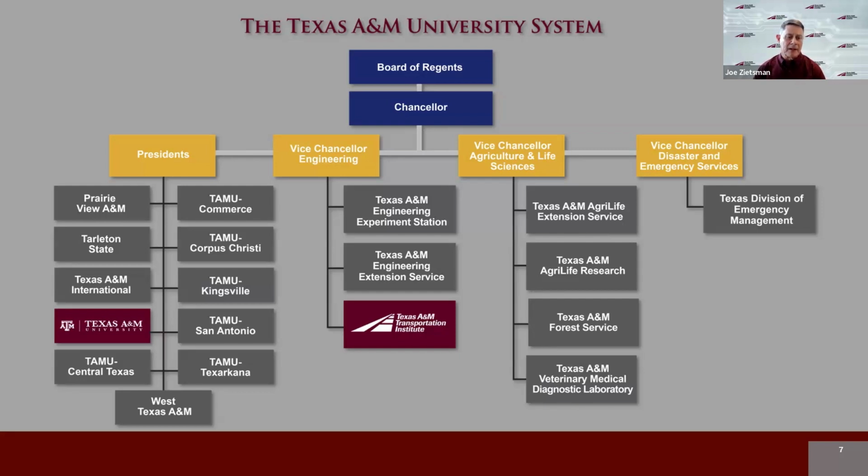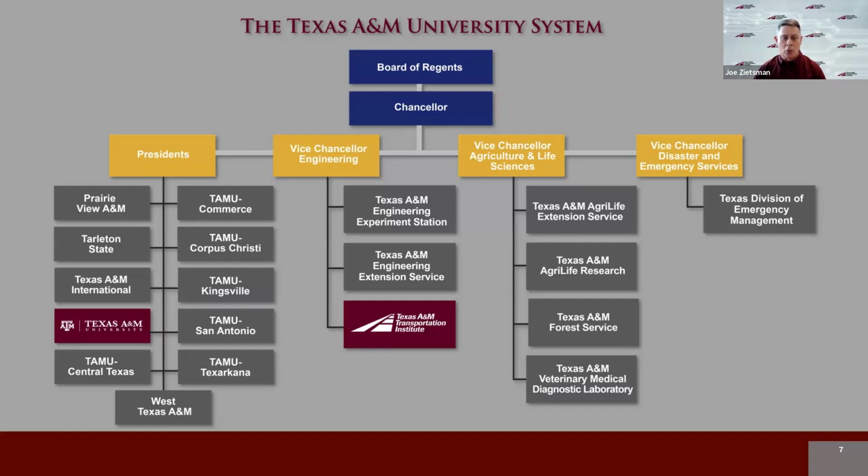The one highlighted in maroon to the left is the Texas A&M University. That is the flagship campus here in College Station, Texas. And then you can see there are many other, 10 other universities associated with the system. To the right, you see all the state agencies, and you can see that TTI is a state agency amongst